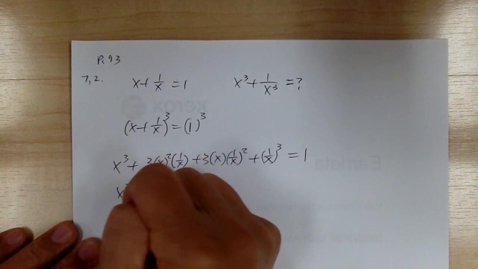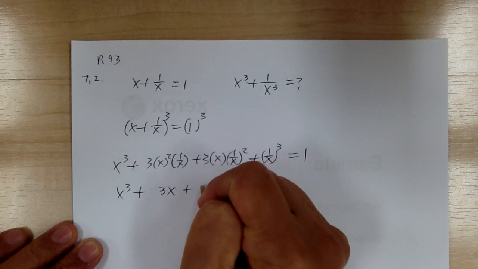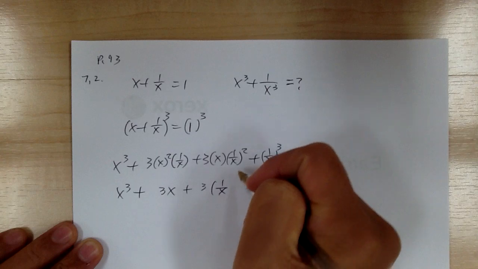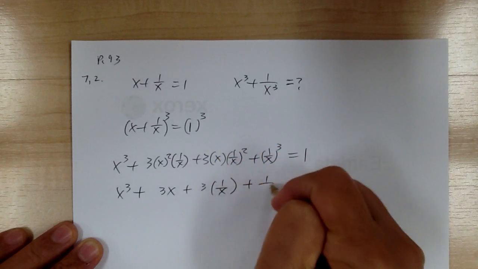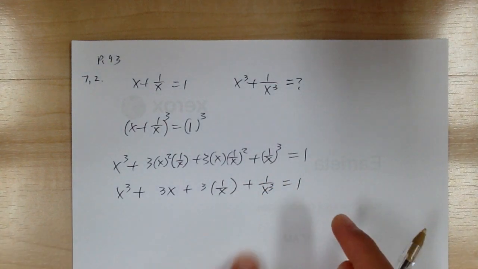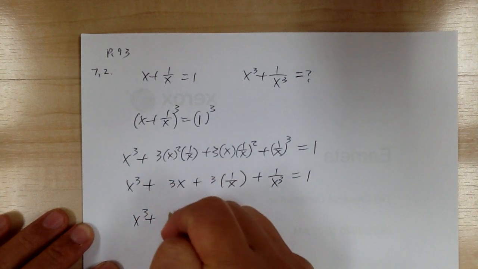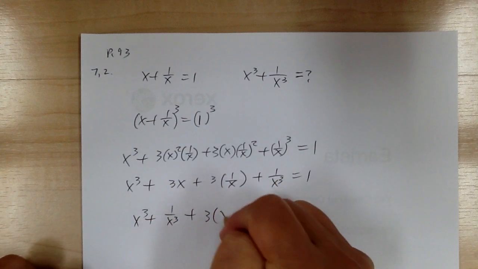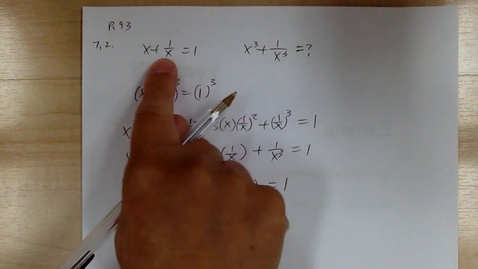So you got x cubed plus 3x plus 3 over x, plus 1 over x cubed equal to 1. Okay, so there are 2 of these. And what I'm going to do is group this together because that's what we're looking for. Okay, and this one over here I can factor out a 3, so I got x plus 1 over x